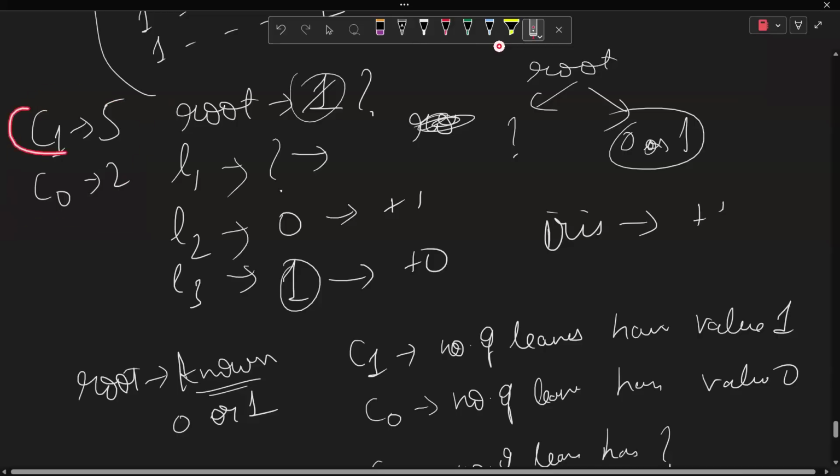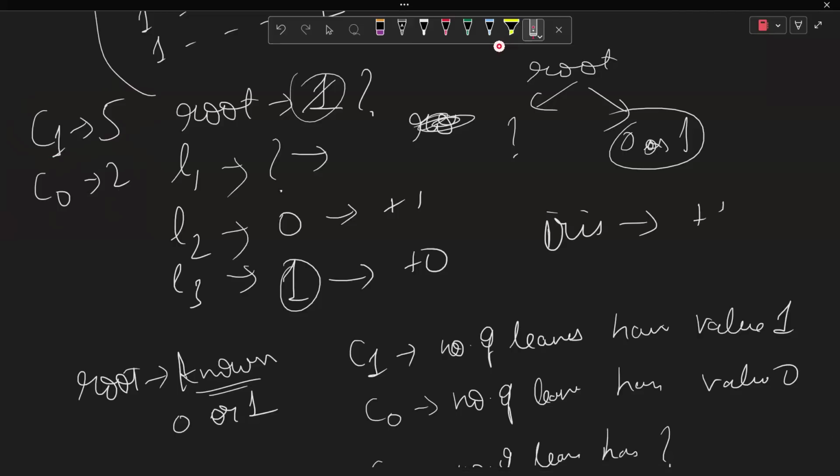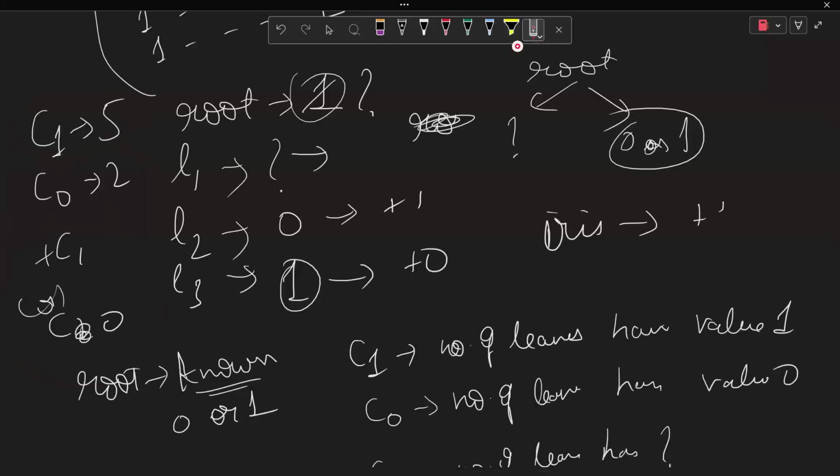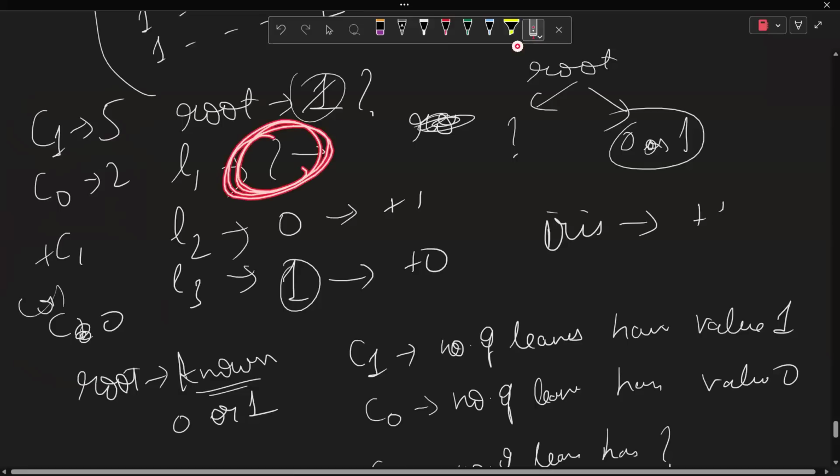So he would try to take the maximum of the two. Okay, that's the first thing Iris would do. Once this root is replaced, you got either +C1 or +C0 to your answer, the max of the two. Now, after this question mark is replaced, the remaining moves Dora and Iris would try to use on those leaves